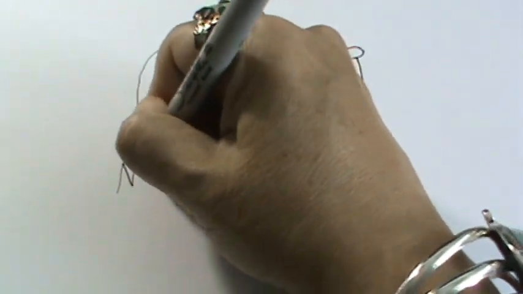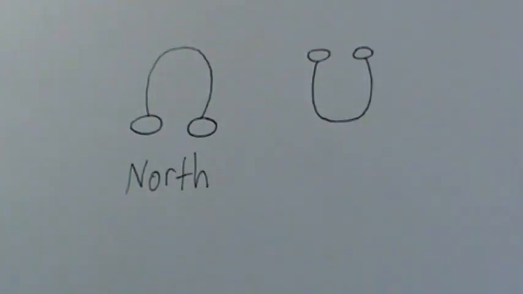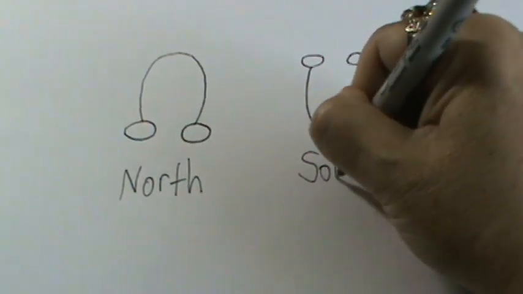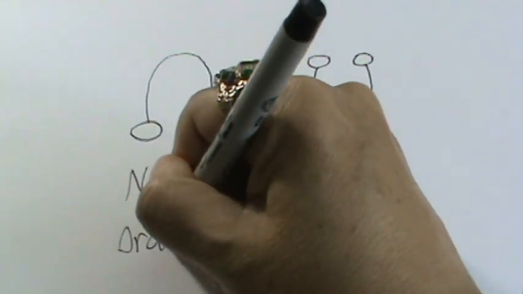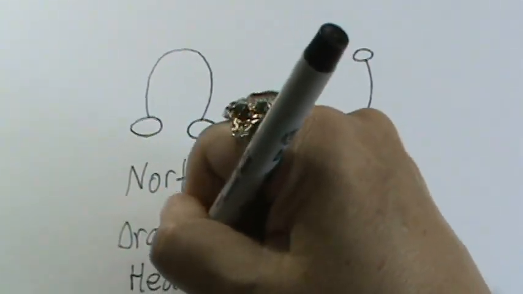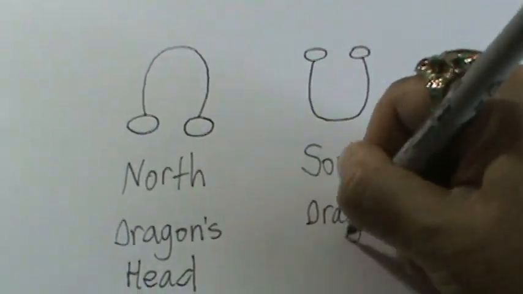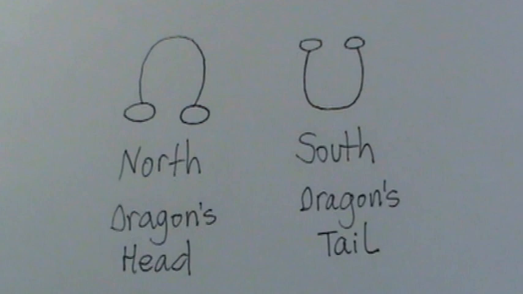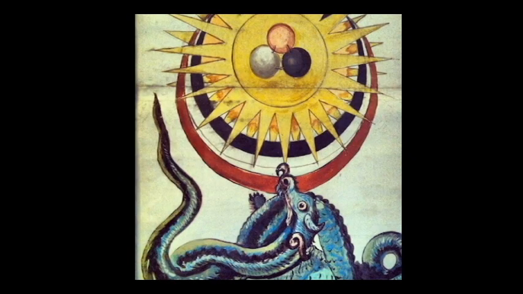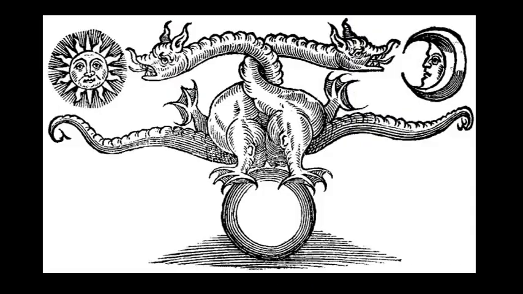These are the symbols we use for the moon's nodes. This is the north node, and this is the south node. You might also hear them referred to as the dragon's head and the dragon's tail. That reference floated over from the Hindu astrological system, and the dragon terminology is still used sometimes in Western astrology.